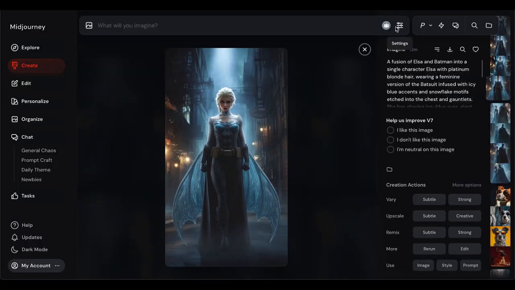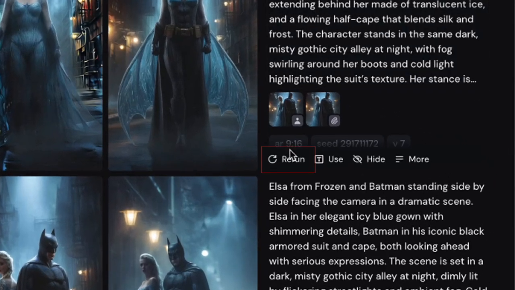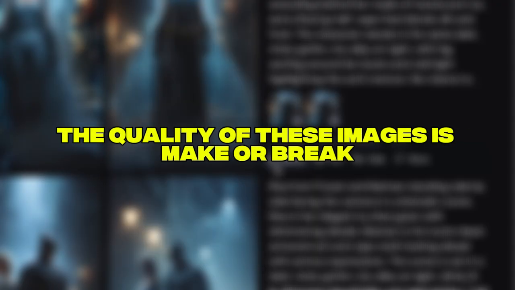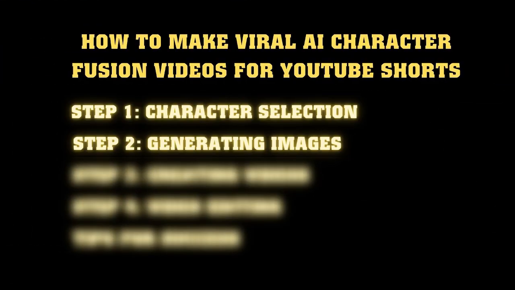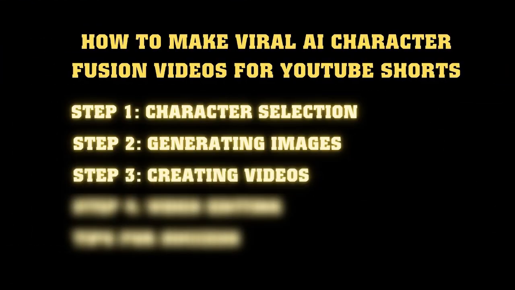If you don't like what you get, just hit regenerate until you're happy with the result. Once you've got both images looking amazing, download them to your computer. I can't stress this enough here. The quality of these images is make or break for your video. Don't rush this part. For the next part, we need to create 3 video clips that'll come together to tell